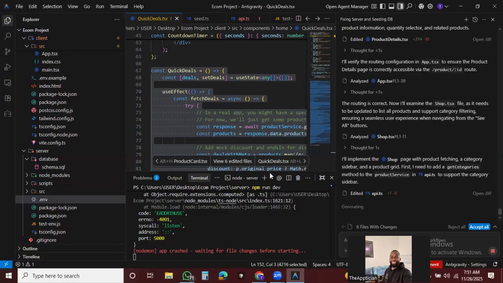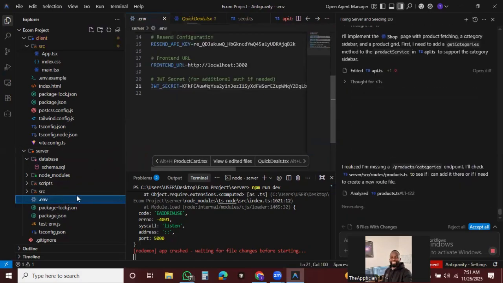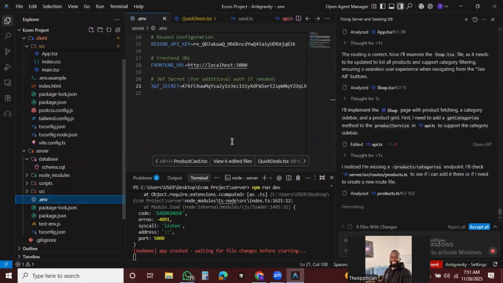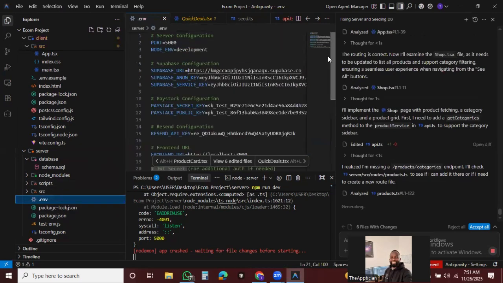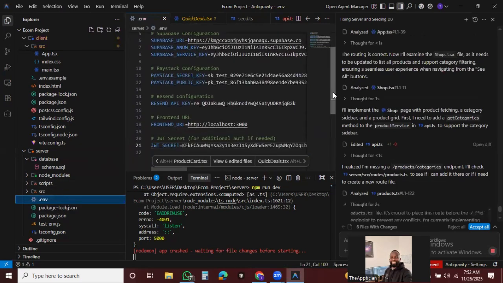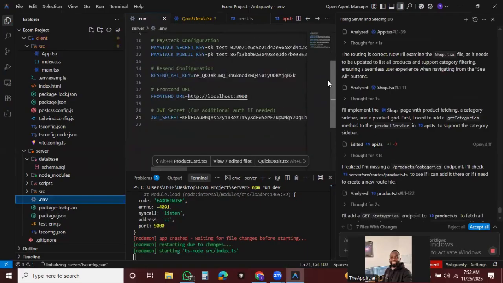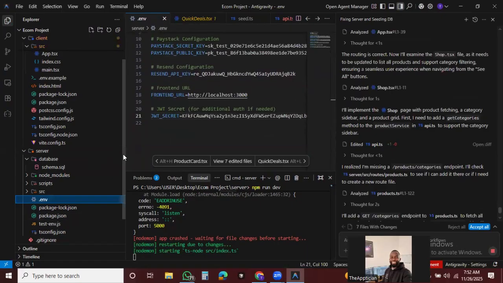So you have to know how to work on the ENV, this environment variable. You have to work on it. It contains mainly credentials. You need to know how to work on it. Then you also must know